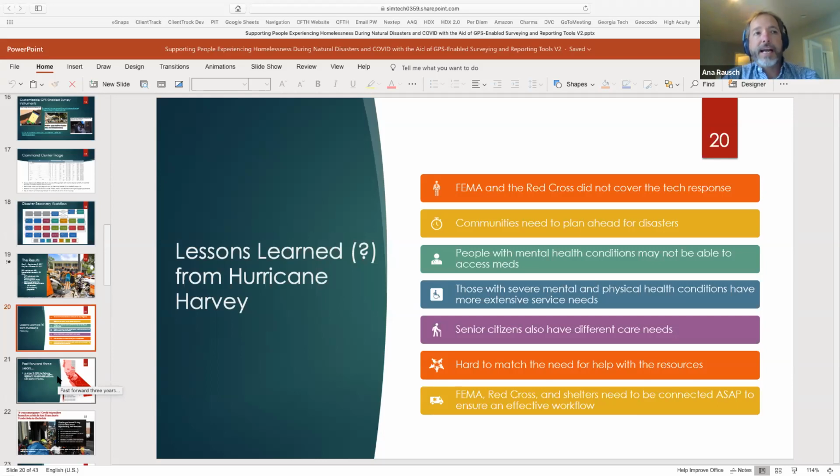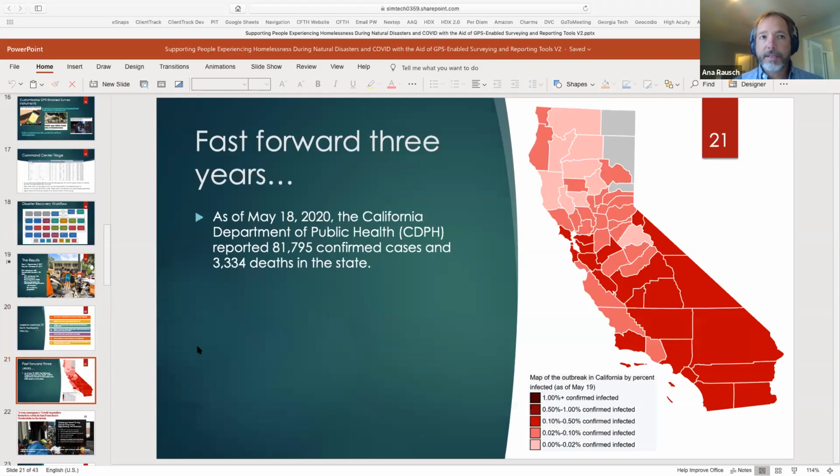So with that, let's talk about COVID and where we are now. So fast forward 3 years. These are stats from just California, and we can have national stats as well. I'm just going to focus some of the time and energy on California-specific conversations, because that's where I am now, and we're supporting the work here in San Diego. So you have 81,000 plus confirmed cases, and unfortunately just over 3,300 deaths so far